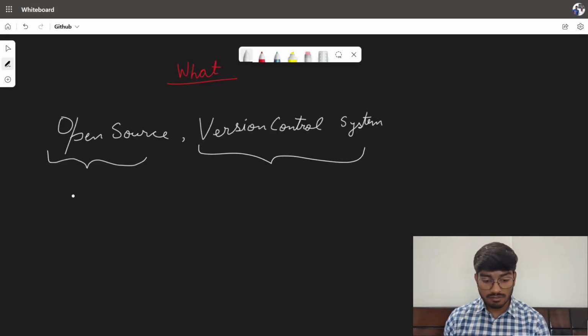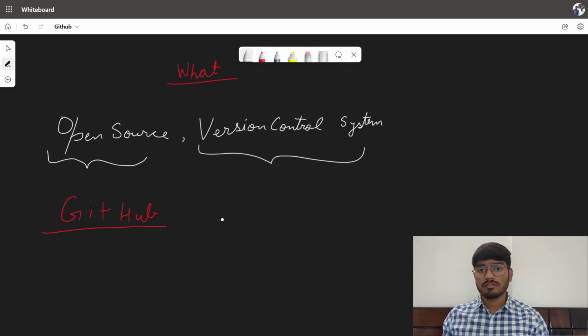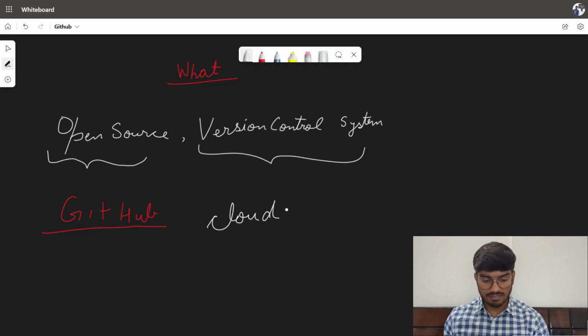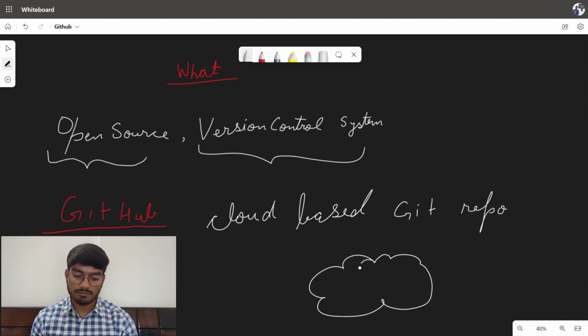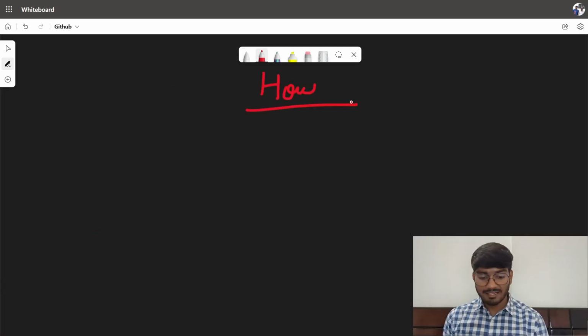Another term that we are going to hear regularly is GitHub. So what is GitHub? GitHub is a cloud-based Git repository which lets you store all your Git projects in the cloud so that you can easily collaborate with other people as well as store your projects. Next, we will see